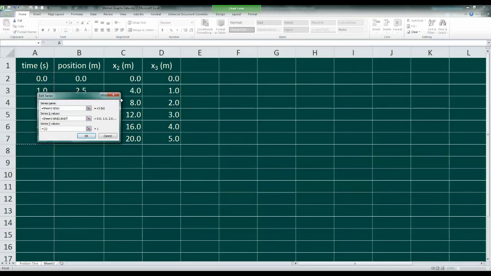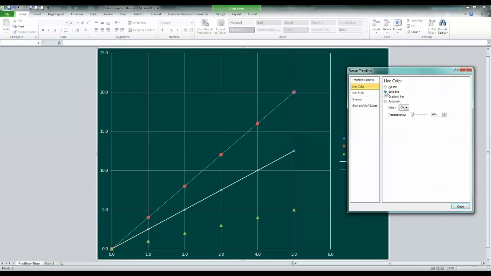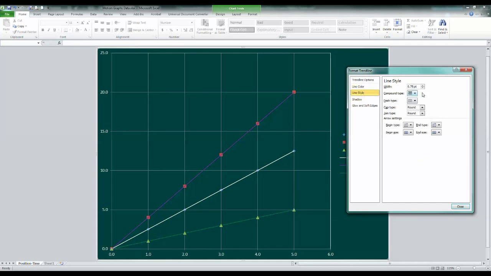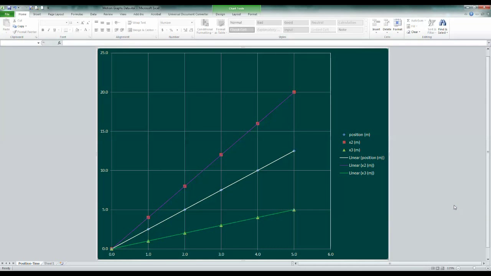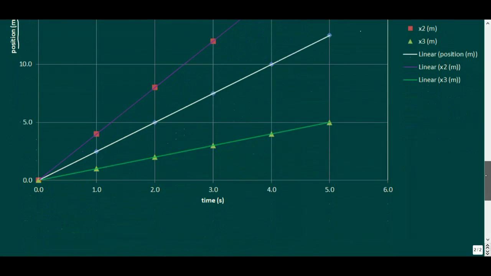And now we'll add the trend lines for the two new datasets. We'll complete the same steps we performed for the first plot, but we'll use different colors to distinguish the plot lines from each other. The video is moving quickly, but the focus here is on what's in the graphs. There are lots of videos online on how to use Excel. Now before we start our analysis of the graphs, just note the full title and axis labels that I expect